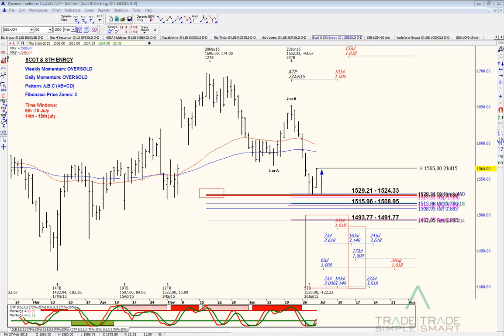So what can you further look at to give you some indication that the reversal may be underway or may not be? Well, we can look down at momentum, and in this case we have both the weekly and the daily momentum both oversold. As we all know, just because an indicator's in the oversold position doesn't necessarily mean that we're going to see the reversal of price action,